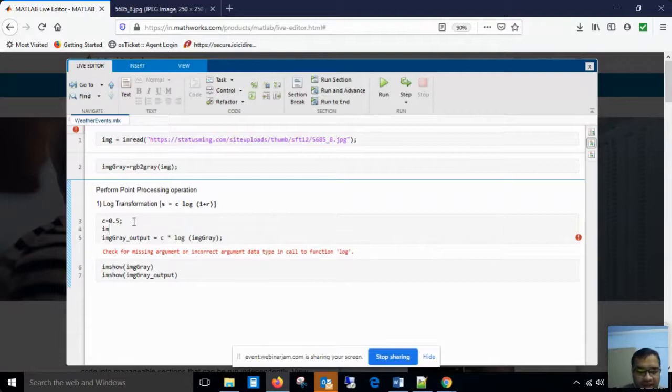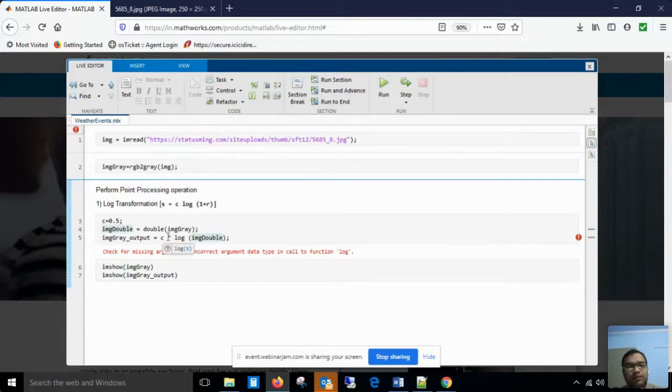So what I will do, I have to change it to the data type which is required by log. So I say IMG gray double is equal to, double function is there, and then you have to pass IMG gray. So I take a general variable IMG double and I'm converting image gray into double, and instead of passing IMG gray, now I will pass IMG double.